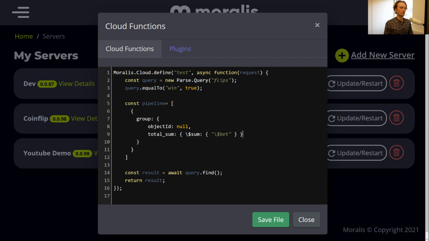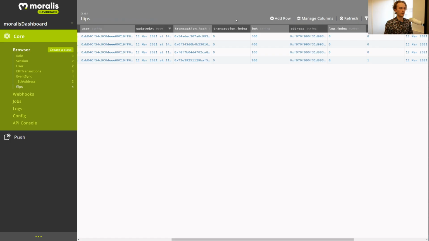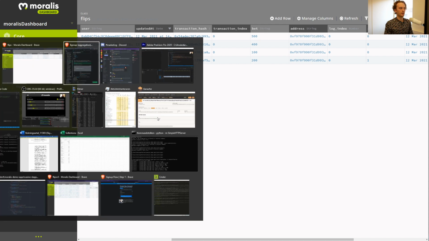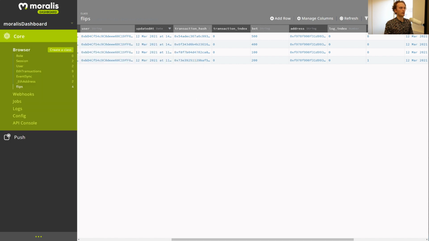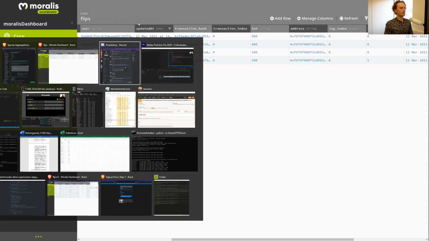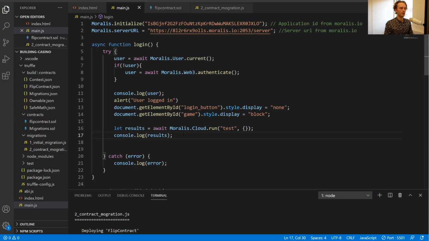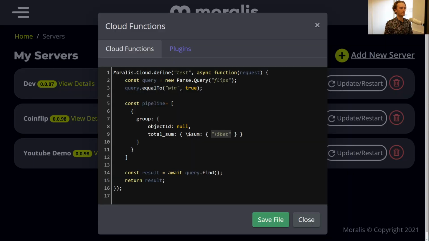And this would work except that bet is an actual string in our database. So bet is a string, so we need to convert that into an integer. So we need one more operator here before we do the sum. So we need to do $toInt